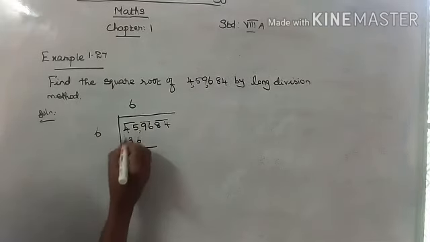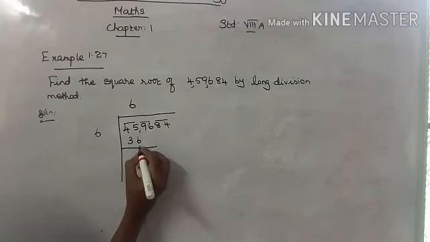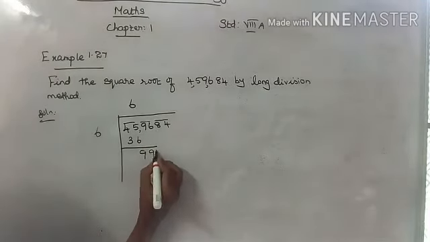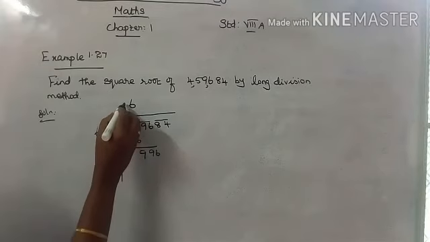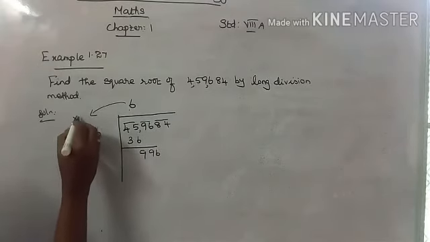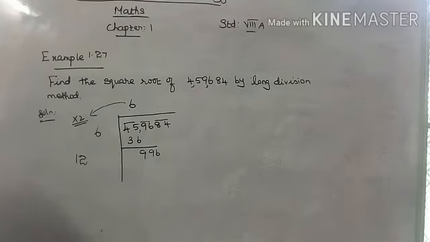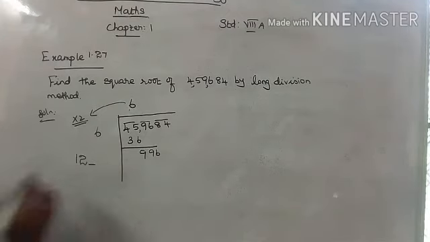Find out the balance. Subtraction of these two numbers. 45 minus 36 is 9. Okay. So you bring down this 9 is 6. Find out the next divisor. So multiply the quotient into 2. 6 2s are 12. So the next divisor is 12, but you find out the next digit using this number.